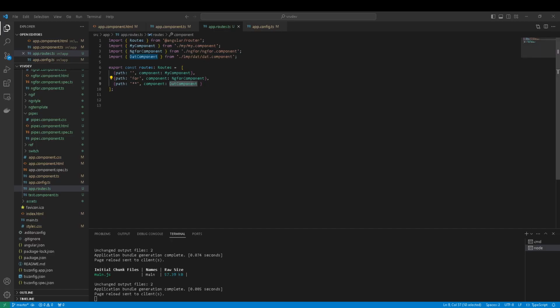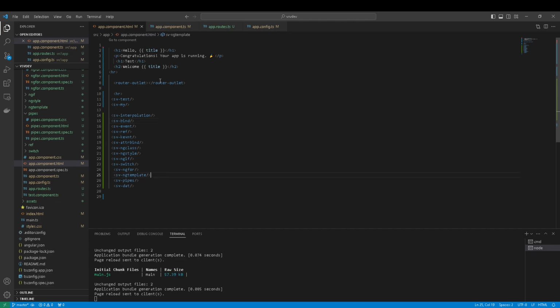Let's talk about routing. To add routing, it is added automatically when you generate a project, if you didn't specify some option like no routing, which I do for this project. So to add routing in a project without it, you need to